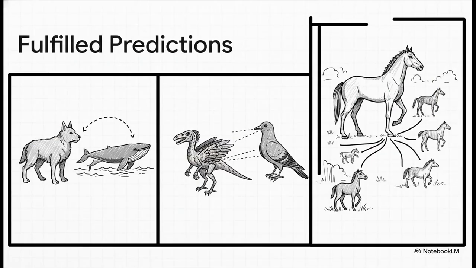Amazing! And look, this wasn't a one-off thing. This pattern shows up again and again and again. We see it in whales, of all things, evolving from four-legged land mammals, with their nostrils slowly moving up to the top of their head to become a blowhole. We see it in dinosaurs, sprouting feathers and wishbones long before any of their relatives ever took flight. These are powerful, undeniable patterns, written in stone.